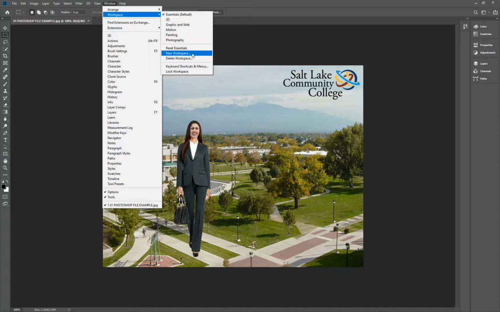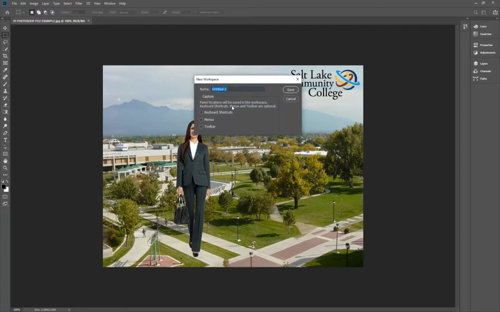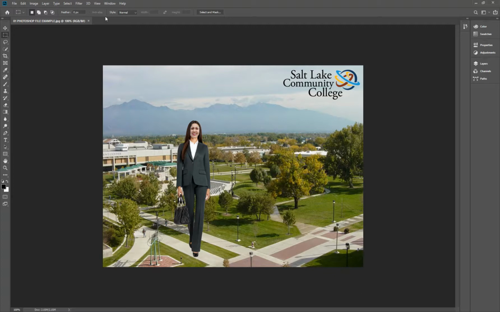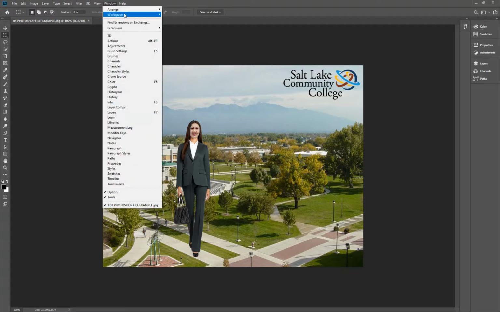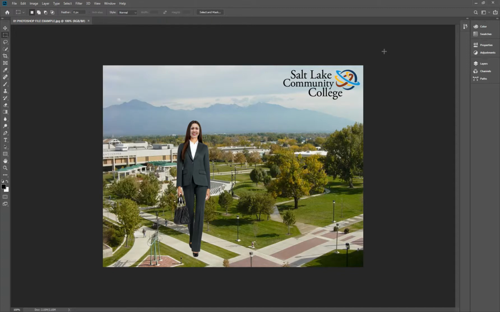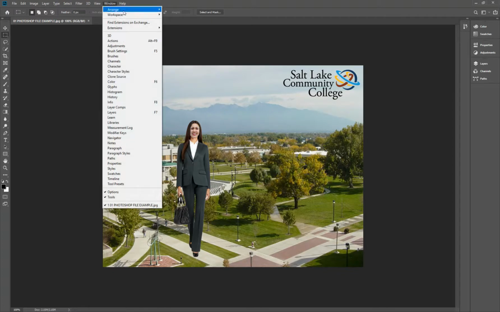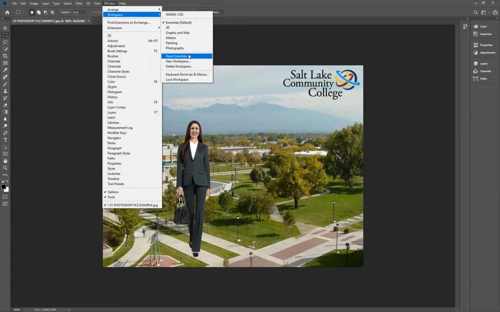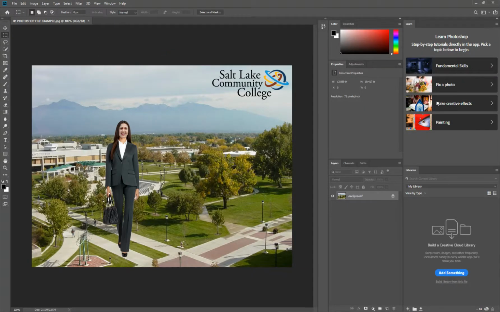I'm actually going to name this new workspace NYMA 1250, just so I have it ready to go. So if I ever come in and my workspace looks like I've already messed it up, let me reset. If it looks like this,